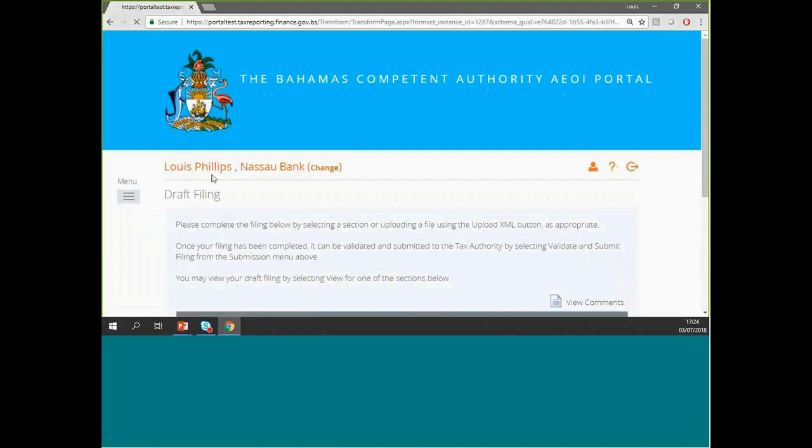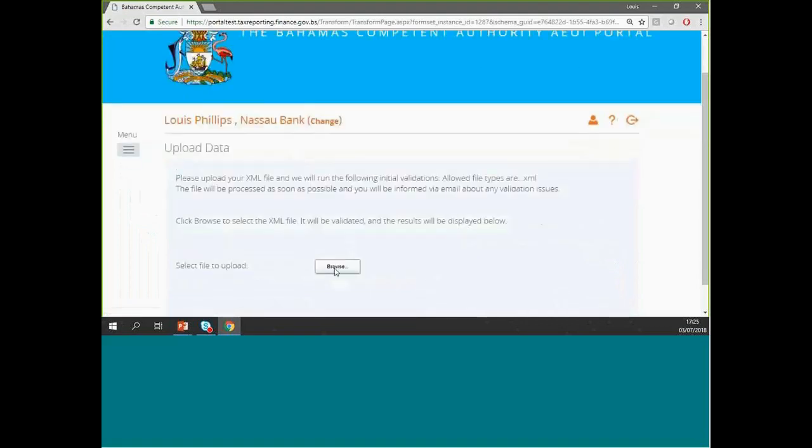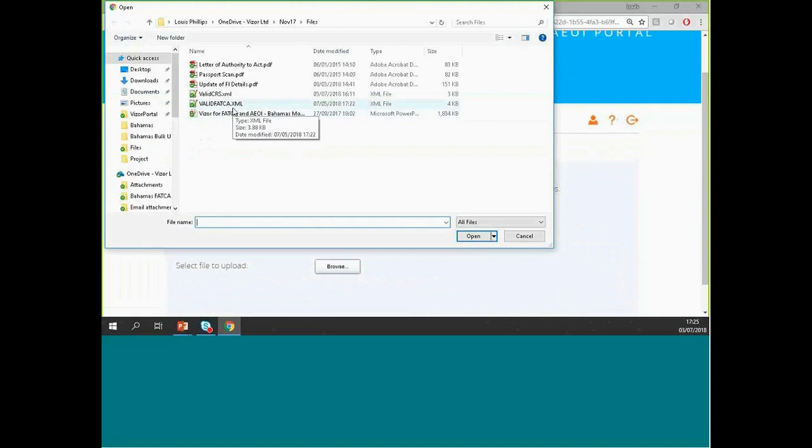Okay, and that XML file will be again virus scanned. It will be checked against the FATCA schema that has been defined by the IRS. Once more, it must be an XML file and not an Excel file. And once all of those checks have passed, we would again run it through our suite of validations to ensure there's no back and forth with the IRS on any kind of formatting issues or anything like that. And then it gets submitted automatically to the competent authority. Okay. So let's cancel that. And we go home,